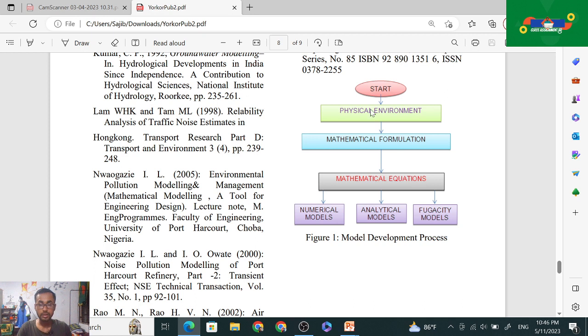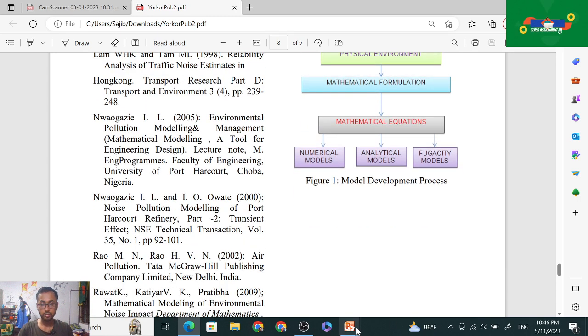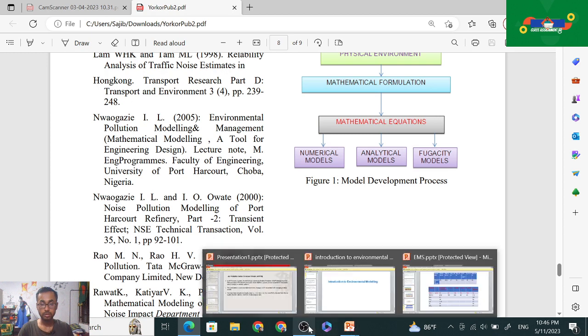দেন তারপর এখানে কি আছে, স্টার্ট আছে, দেন ফিজিক্যাল এনভায়রনমেন্ট, দেন ম্যাথমেটিক্যাল ফর্মুলা, দেন ম্যাথমেটিক্যাল ইকুয়েশন সম্বন্ধে কি আছে, নিউমেরিক্যাল মডেল, অ্যানালিটিক্যাল মডেল, দেন হচ্ছে কি ফুগাসিটি মডেল যেটা আছে মডেল ডেভেলপমেন্ট প্রসেস যেটা আছে ফুগাসিটি মডেল, দেন গেল